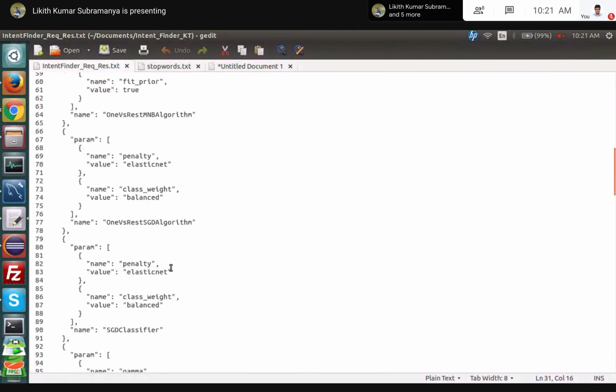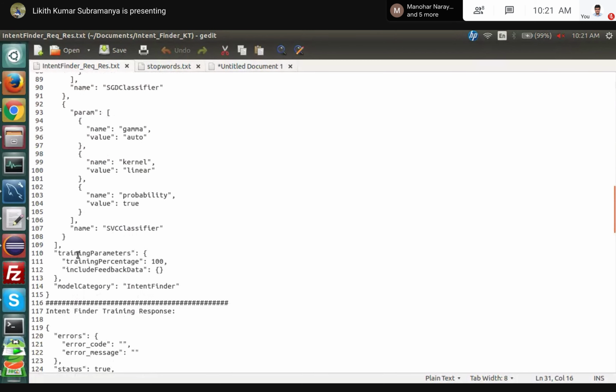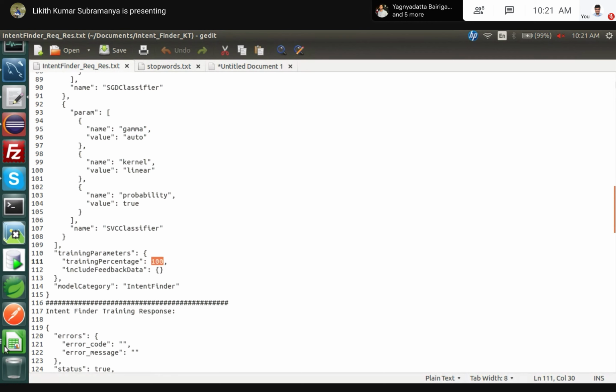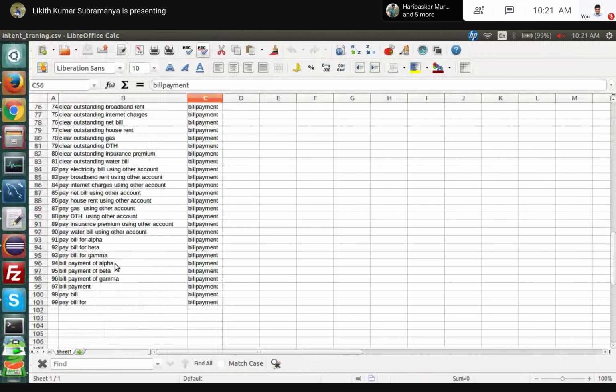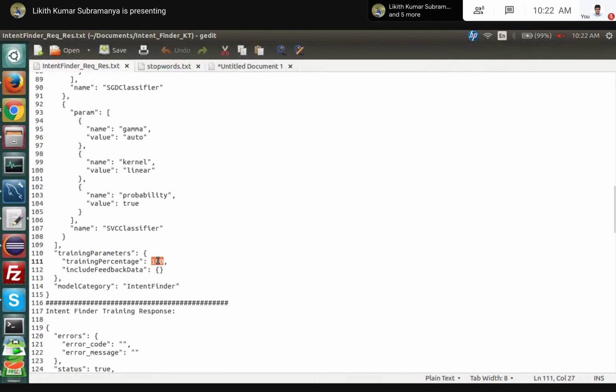And if you see here, there is another parameter called training parameters. In the training parameters, we add the training percentage as 100. What exactly this means is, if you have a training file of 100 utterances, and I give my training percentage as 100, then all the training utterances will be taken into the training itself.